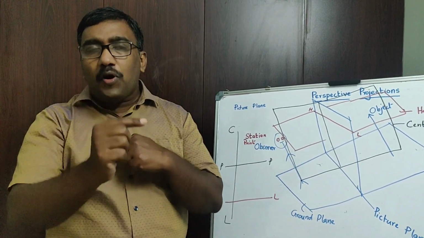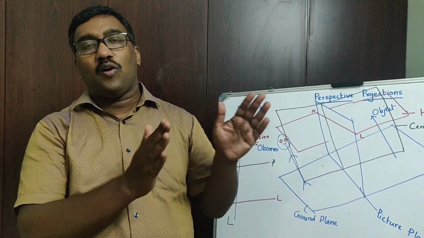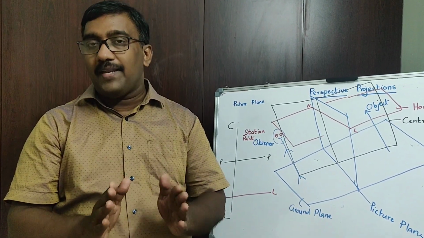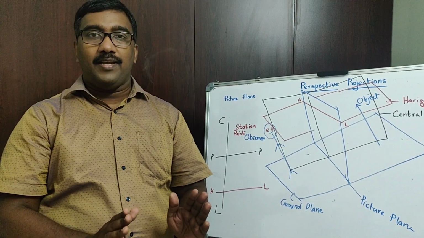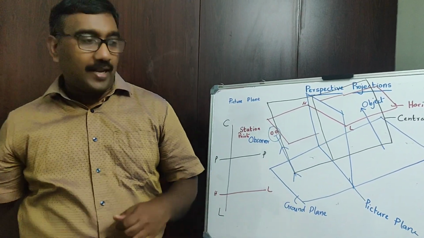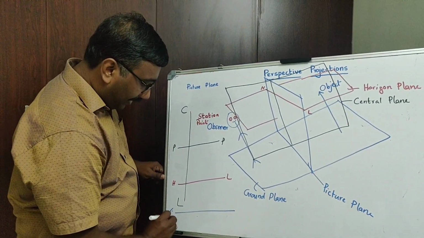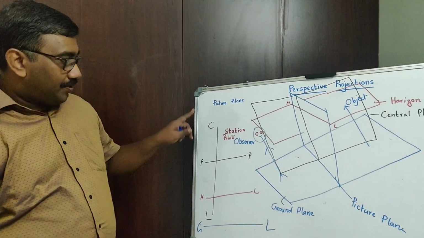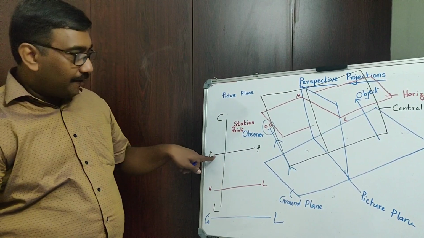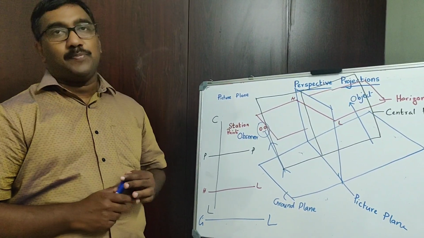Okay. So correspondingly, you will get the lines. The intersection of picture plane and horizon plane is the horizon line. The intersection of central plane and the picture plane is known as central line. Okay. Now the intersection of ground plane and the picture plane, there also you can have another line that is known as ground line, GL. So now you are having ground line, horizon line, picture plane. This is the end of the picture plane, and there is a central line. These are the lines associated with perspective projection.